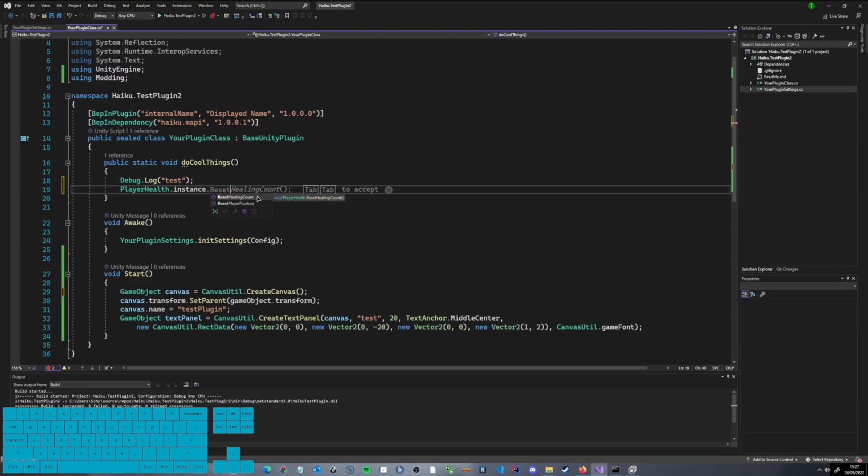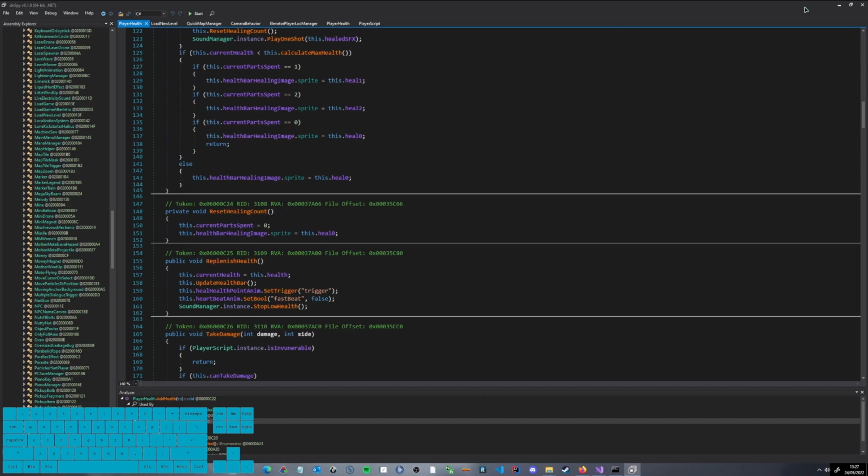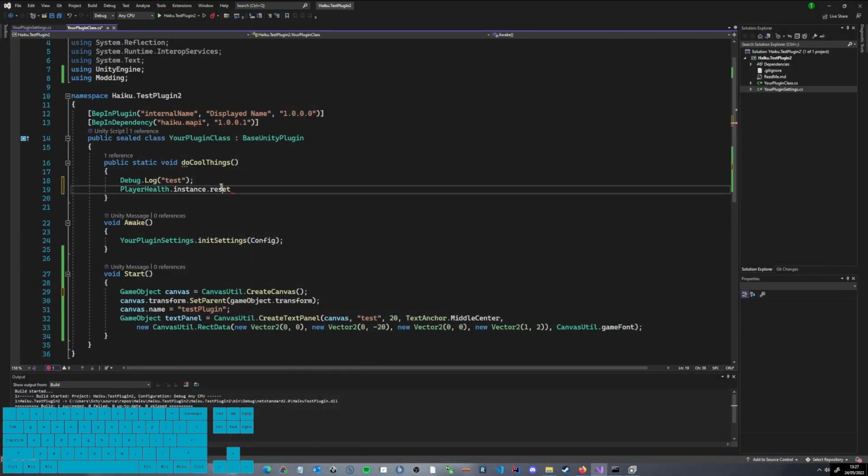I think it was ResetHealingCount or something. Yeah, ResetHealingCount. Even though it's private, we can access it, as I just mentioned. So that works. But we just want to add some health. So whenever you press the button, we're just gonna add 2 health to the player.